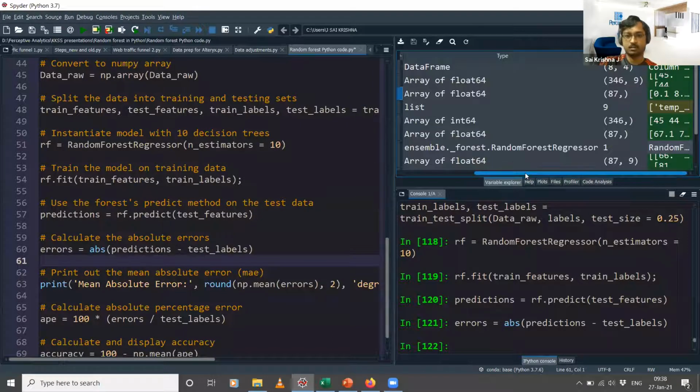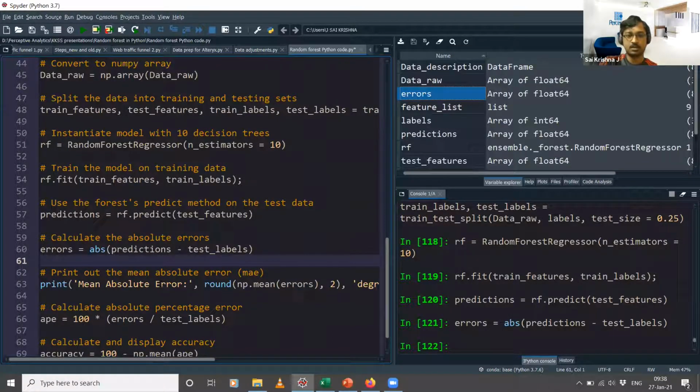This one. Okay, so now we have the errors, and we are calculating this metric called MAE, which is nothing but mean absolute error. Okay, so I'm just issuing a print statement, and it will print this heading, mean absolute error, which is nothing but the mean of the errors that we have in the previous step.